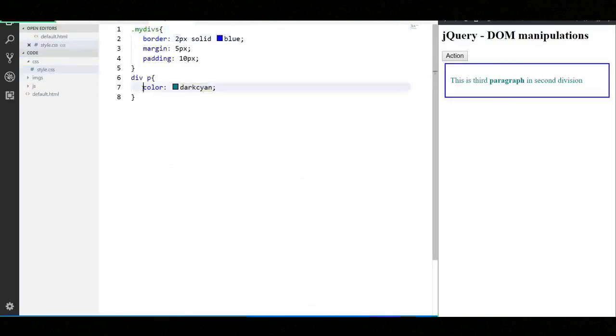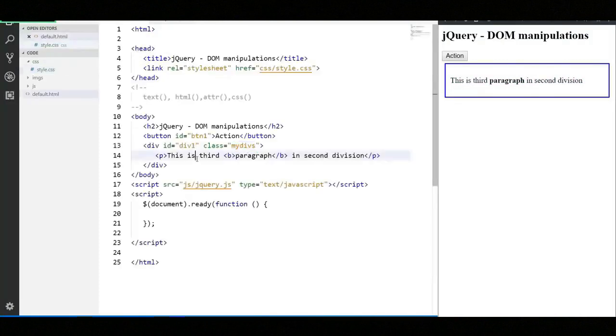You can change this. In fact, let me just cut this out. We don't need any color. Let's keep it black. Okay, so we have a paragraph. We have the word paragraph a little bit bold compared to other things by using the b tag. Then we have our script which is loading the jQuery library, so jQuery.js, which is inside this JS folder. So pretty much something which we've been doing in the previous couple of videos, just that the HTML code is changed. So in this video, we are going to be taking a look at these 4 inbuilt methods